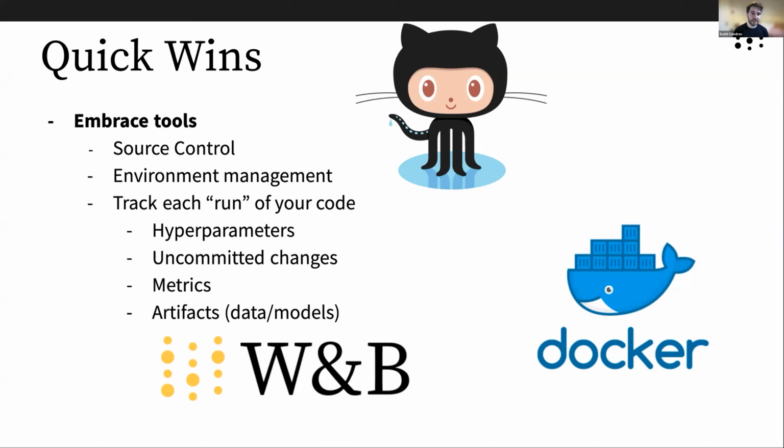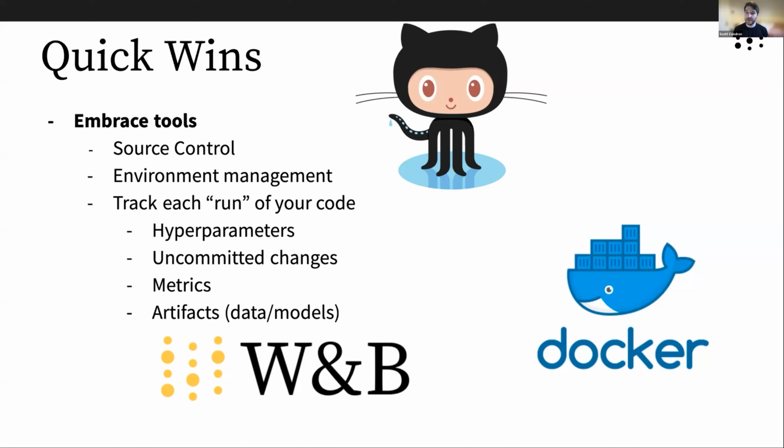And then finally, rethinking the inputs and outputs of your code as a first-class citizen. In the context of software development, logs and things like that don't have as much value as they do in machine learning, where you really care to see the metrics that you're logging as you're training. They have a lot more value in the context of machine learning, and the inputs to your code also can